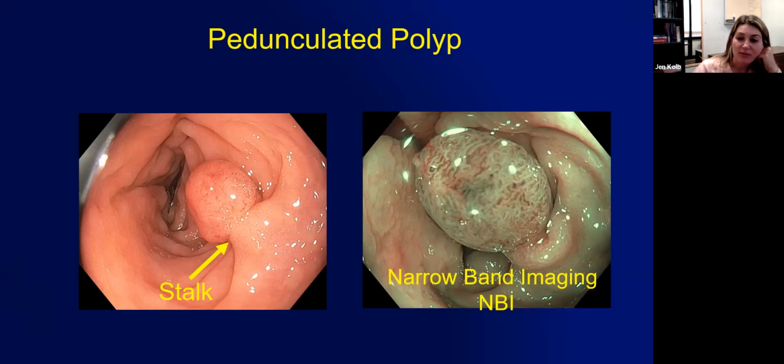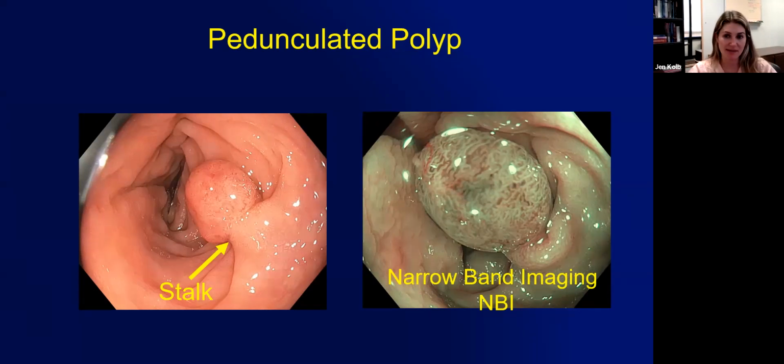And then I just want to throw out what NBI, or narrowband imaging, is. You may have seen some of this term. You may see something called NBI, narrowband imaging, or i-scan. This is a feature of an Olympus scope, if that's what your team is using. And these are essentially light filters. These are fancy light filters, right? And so I just want you to be aware, if you see that, they may say the polyp